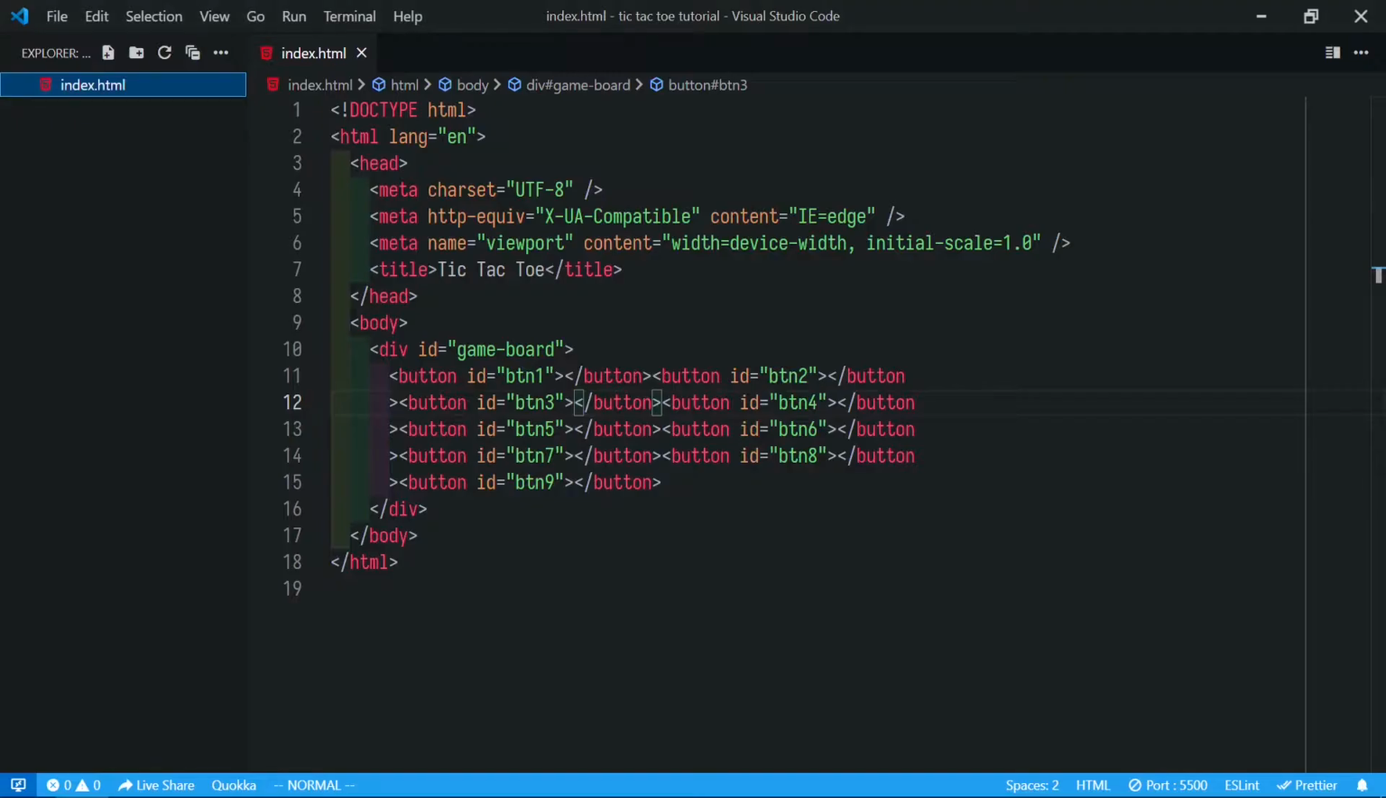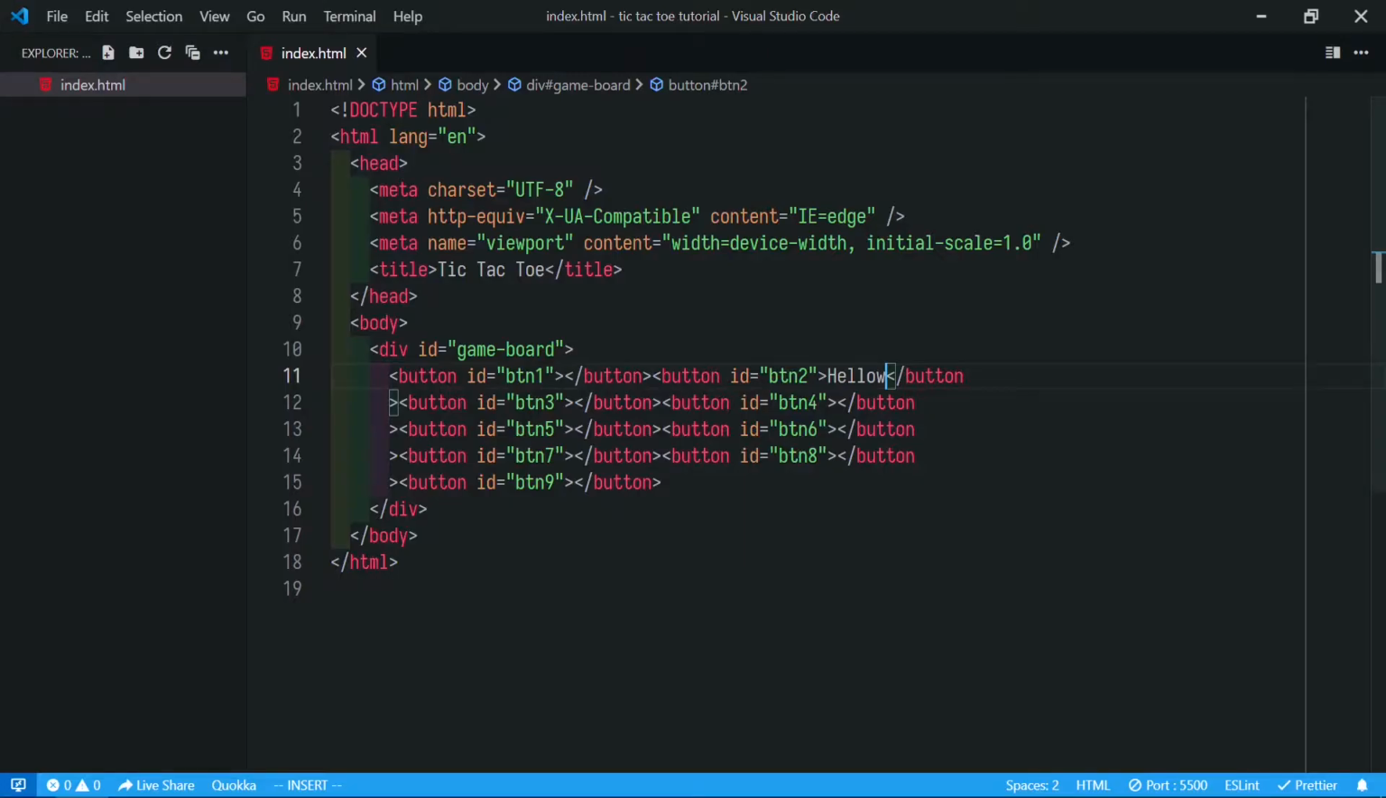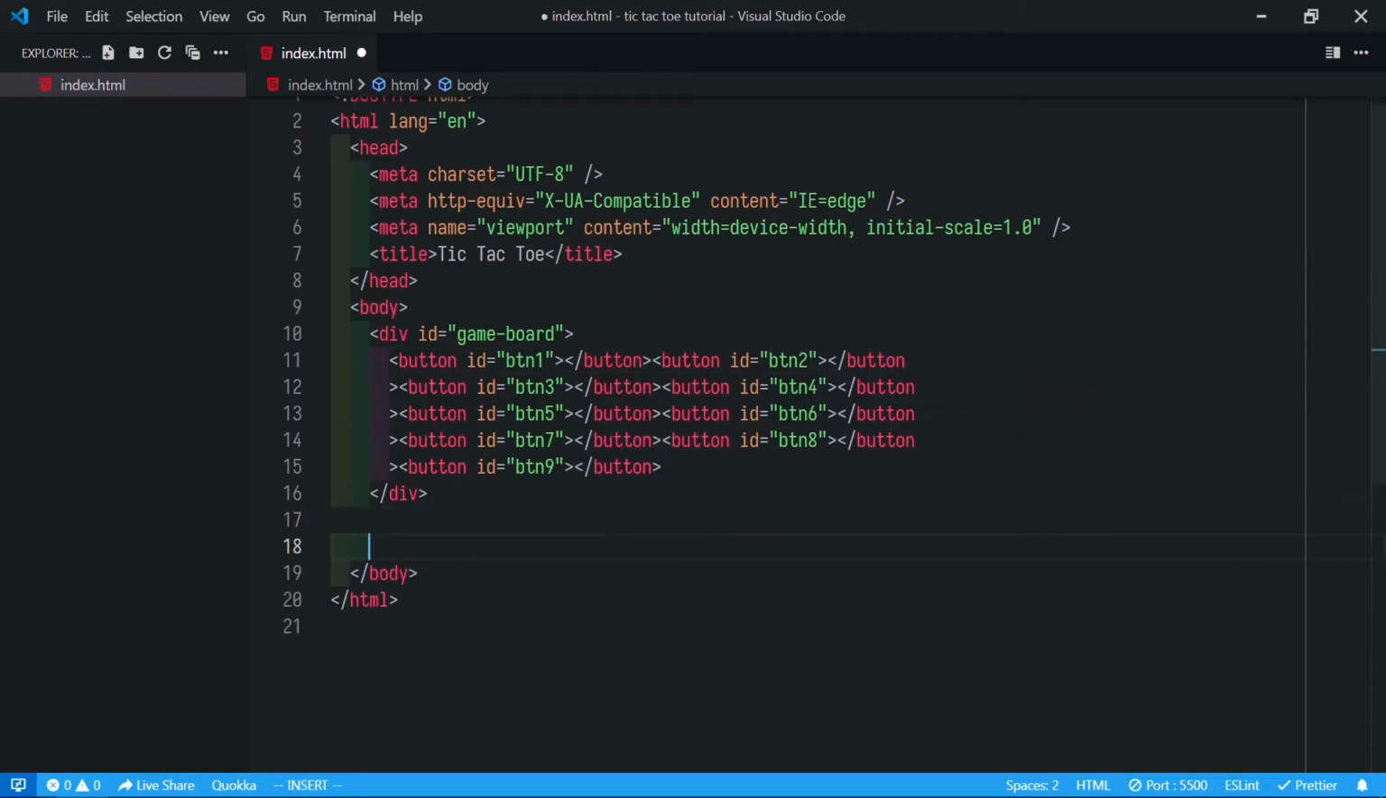These are all squished because they don't have any content. If I say hello in button 2, you will see the button. So there's no text, that's why they are looking so small. We save, and now